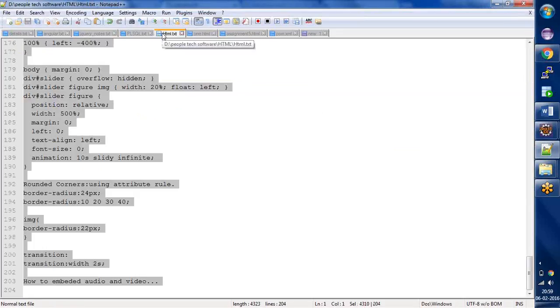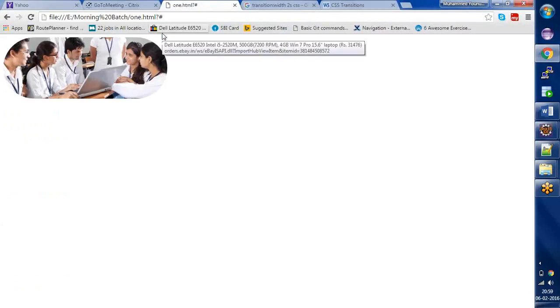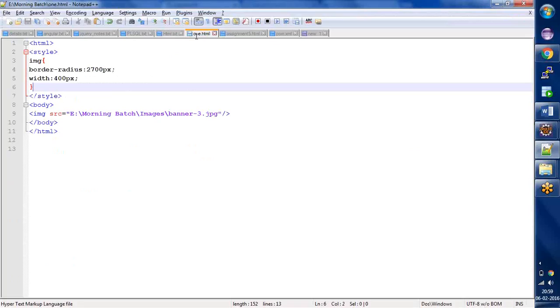I need to cover something. You said the transition for image, sir. What is that? You said that you will be saying transition for image. If you click on image, it is increasing its size by 2 times, and you have been missing. Transition on image. Yes. Okay, so transition on image means you have to use